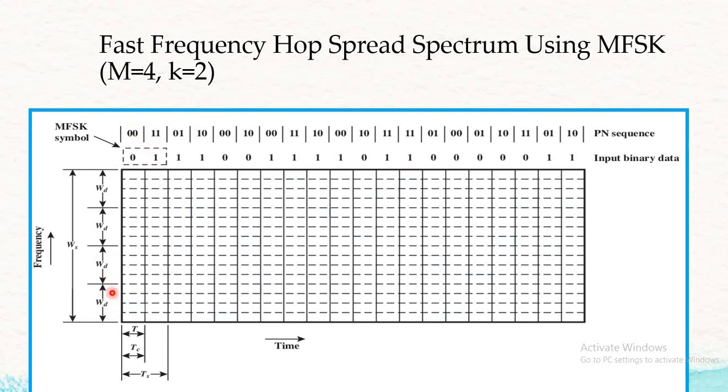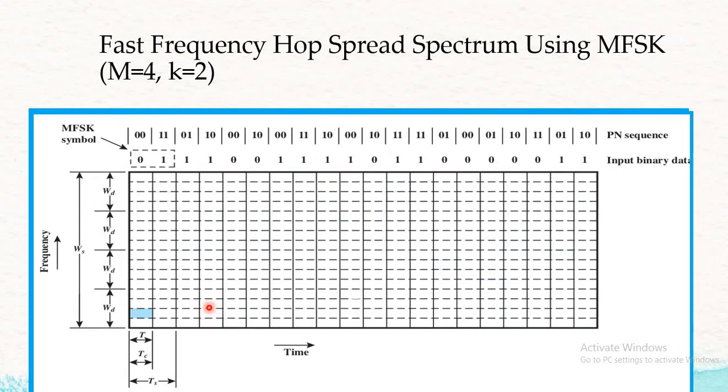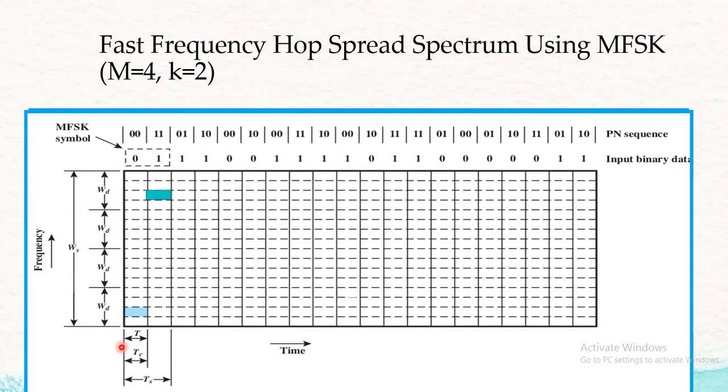So where is 0 0? This is your 0 0 column, and what is 0 1? It will come over here. So I have just filled in that part. Now the next PN sequence is 1 1, so it will be in the last section, and for that your input data is given by 0 1. So where to fill it? Just think, this is 0 0 0 1, correct? So what do we observe from this?